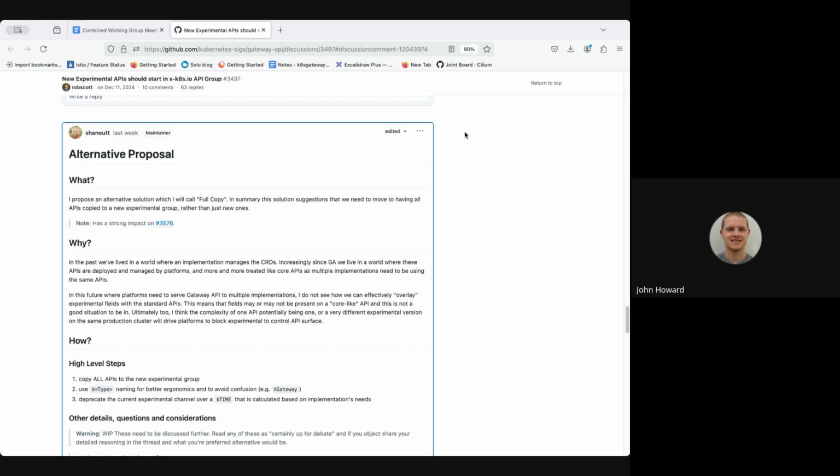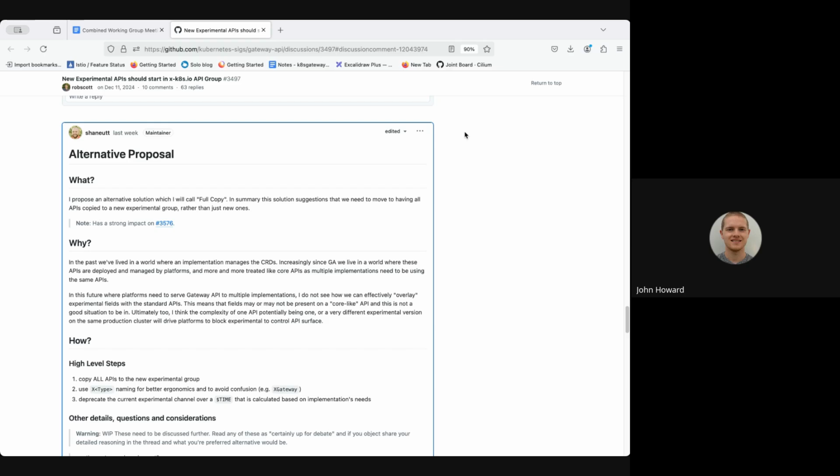The overall idea is that today in the Gateway API, they have experimental CRDs, which are a superset of the standard ones. This gives you access to more fields in the CRDs for fields that aren't yet stabilized. The goal of the proposal is to make these more isolated for a variety of reasons, namely so that a cloud provider could install stable CRDs on their cluster by default and not worry about experimental stuff.